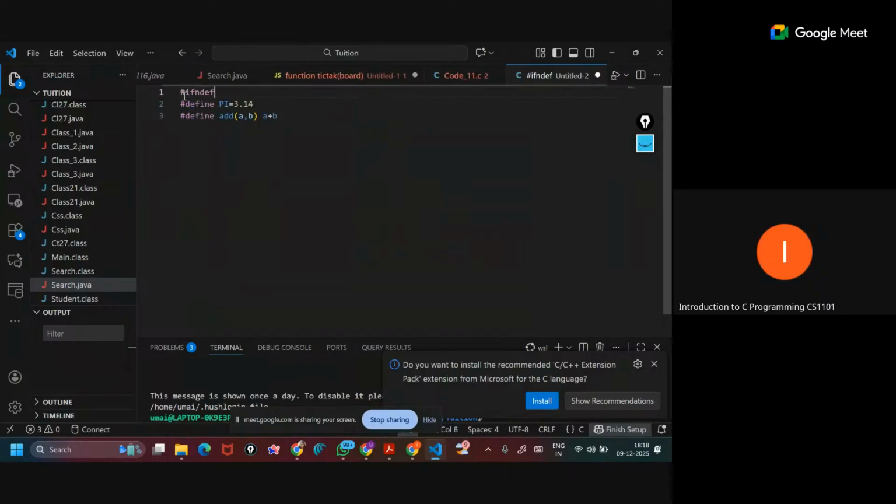Hash ifndef, and I'm giving the name as math underscore u. Okay, so that's it. Inside which I'm giving if not defined, and then we have to define it, right? So I'm giving hash define, and we can give it as math underscore u, and here we can give int multiply of int a comma int b. So what it has to return is